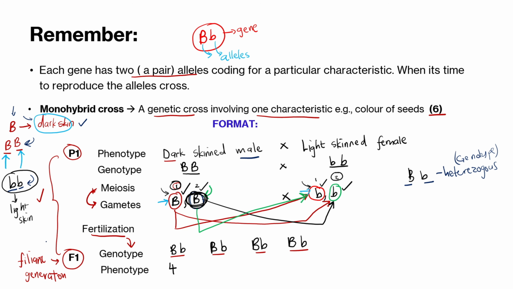But the phenotype, how would the offspring look if they've got this genotype? Remember, the dominant characteristic will be the one that dominates. Since the dominant characteristic is capital letter B with dark skin, it means that the offspring I will have here would also have dark skin. In this case, there are 4 of the same type of genotypes. So we have got 4 offspring, or 4 babies, but don't write babies in life sciences. 4 offspring with dark skin.